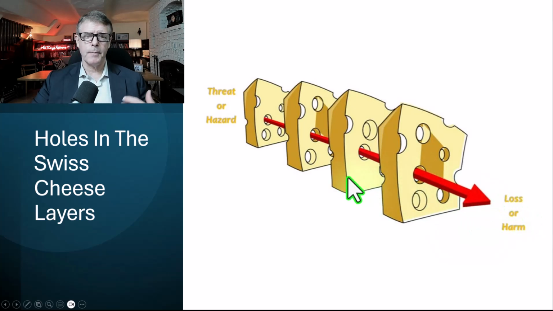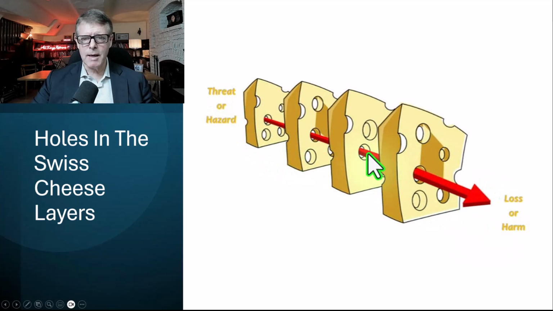And in fact, when Hoover covers his stories on the channel, that's exactly what's happened. The airlines have all these different mechanisms, strategies, processes, and procedures to make sure that crashes don't happen, and yet they still do happen. And what happens is, for whatever reason, the holes in the Swiss cheese end up lining up, and there have been some mistakes in each of these layers that led to harm, loss, or a catastrophic event.